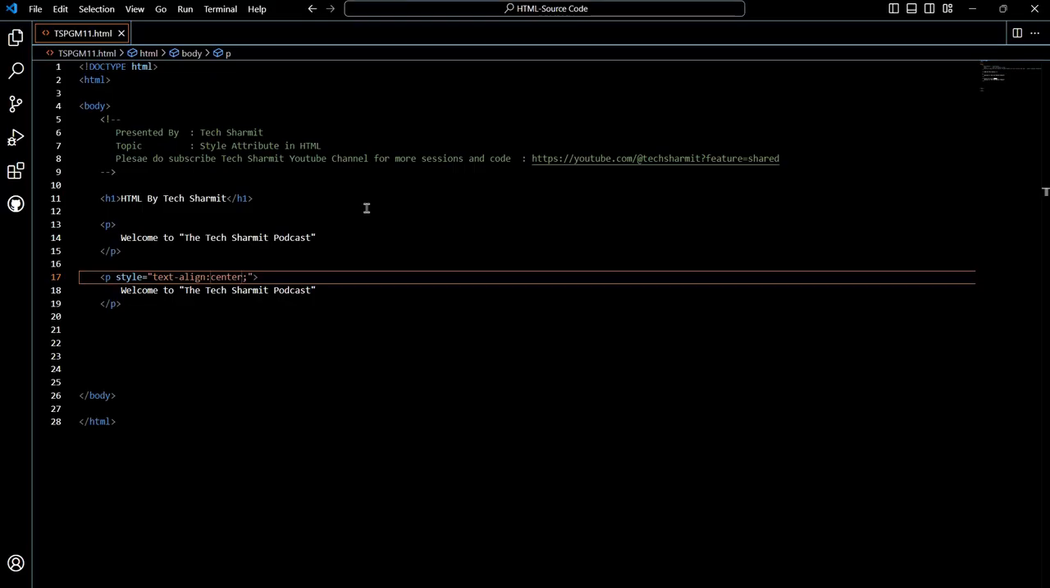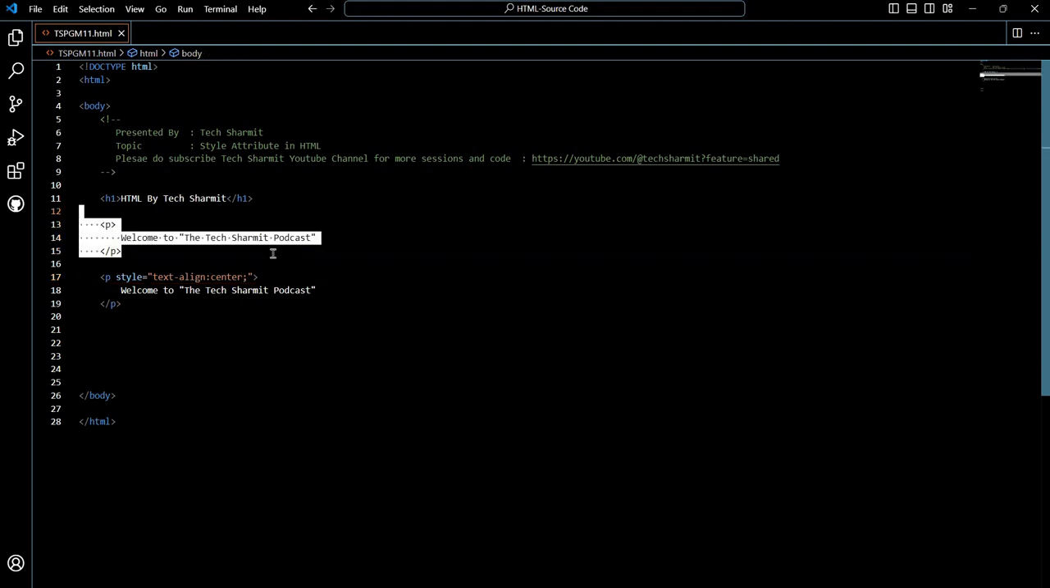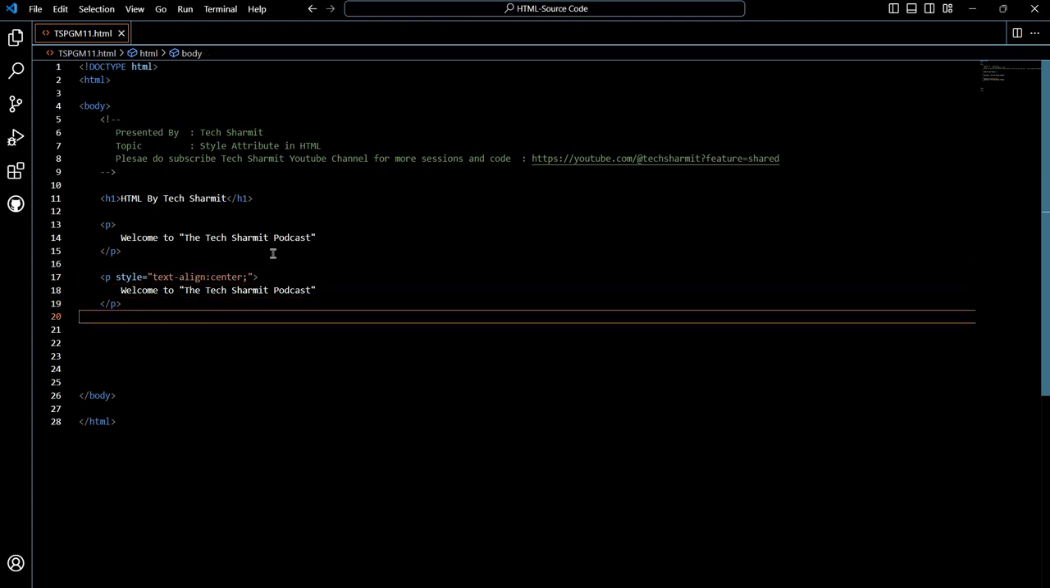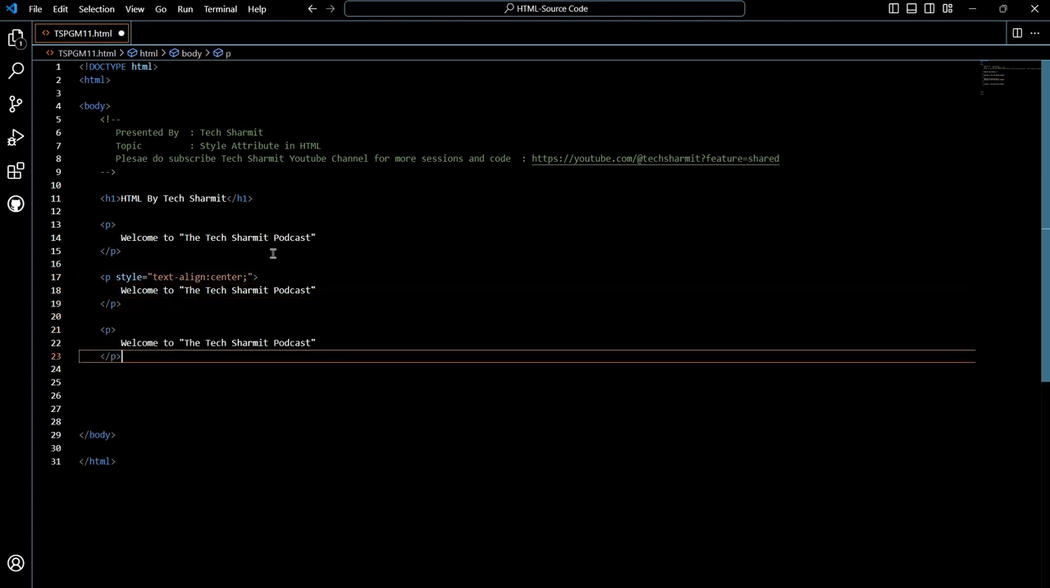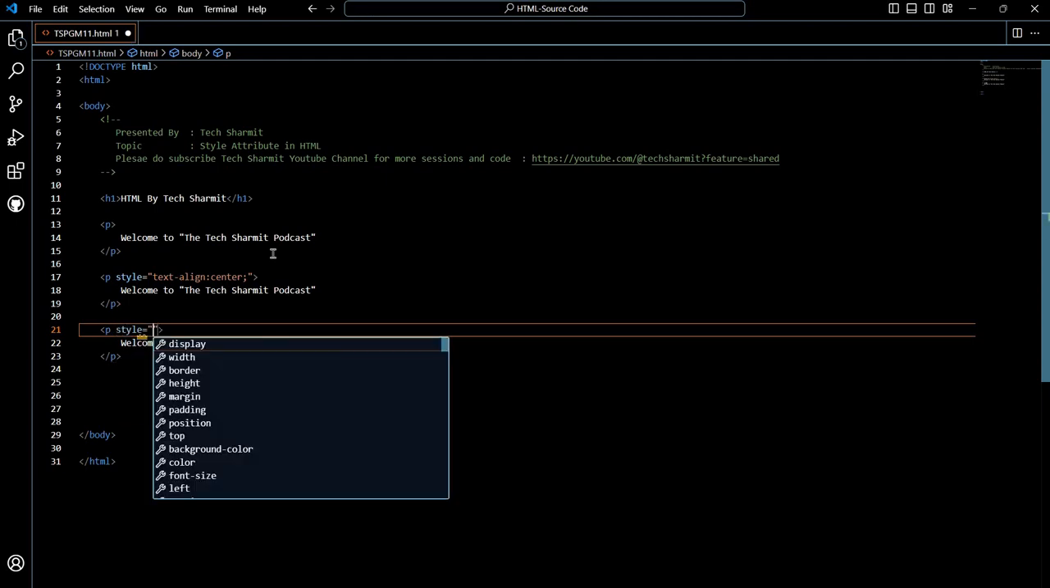So this is the one property that we can utilize in order to align the text written inside a paragraph or maybe the heading or anything. I hope this part is clear, like how we can utilize the property text align using the style attribute. All right, now let's move to the next one. I'll simply copy this paragraph again because I don't want to rewrite everything again and again, just to save the time. I'll paste it here, and here we will put a space, then write style, and here we will